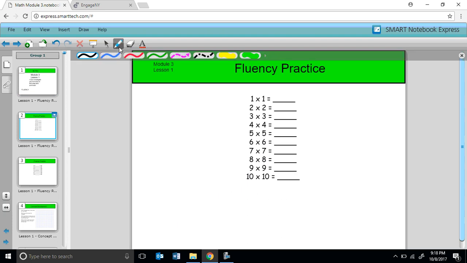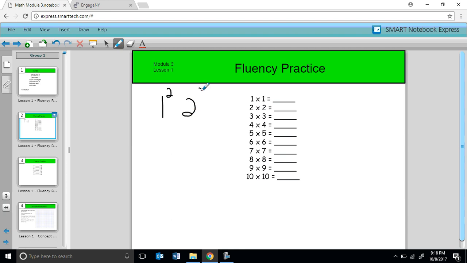So moving on into fluency, this is our times table. This is what we would call squared numbers. If I wrote 1 squared or 2 squared, you won't have to worry about that for a while, but just in case you see something like this at any point in time, that's just what all these mean. It just means 1 times 1, which is 1, 2 times 2 is 4,